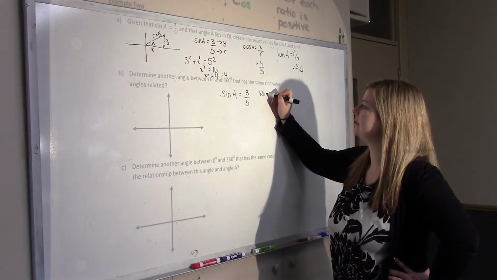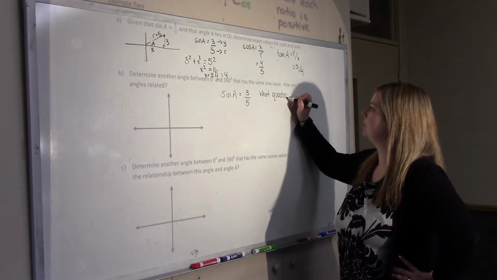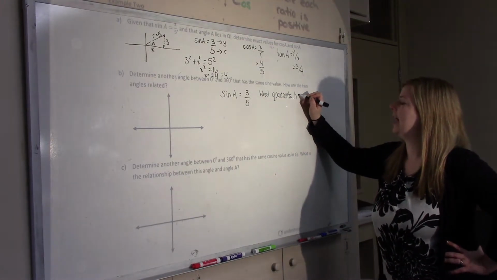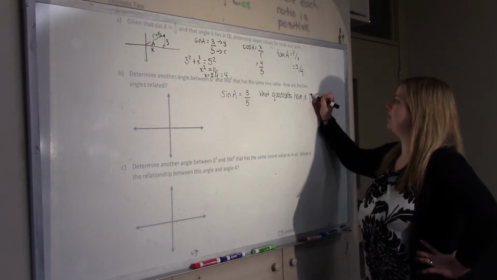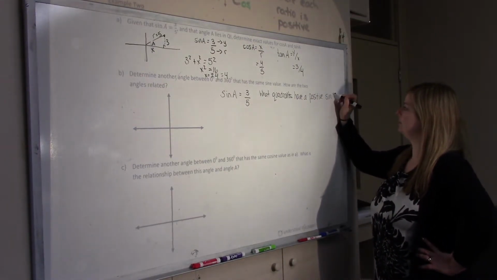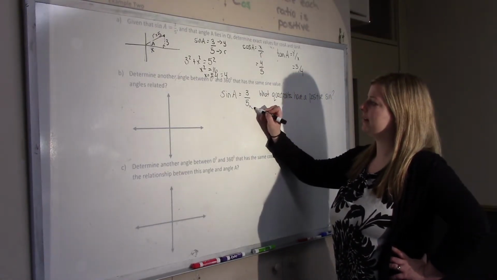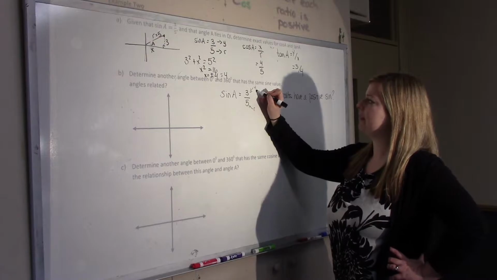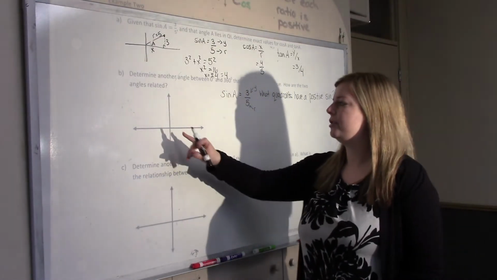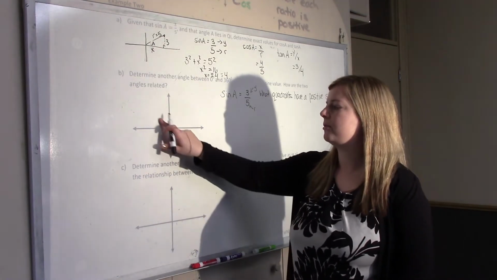So what quadrants have a positive sine? Well, this is just y. This is r. R is always positive. And the 3 represents y. So that means either you could terminate in quadrant 1, like we drew up here, or you could terminate in